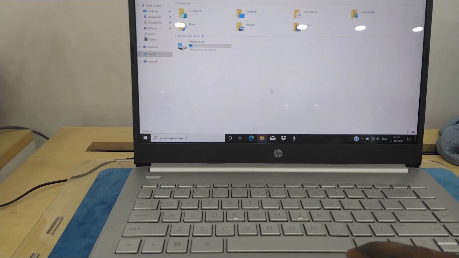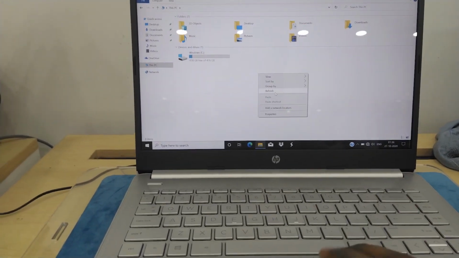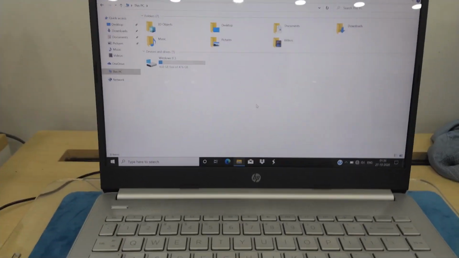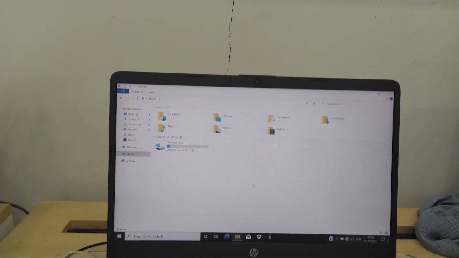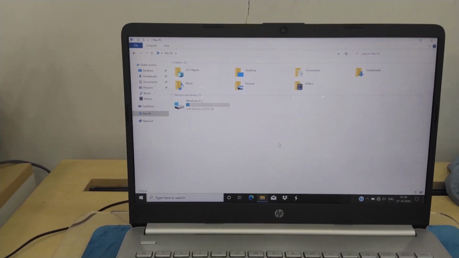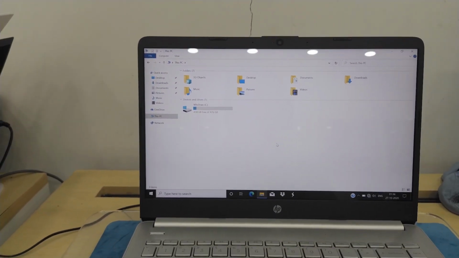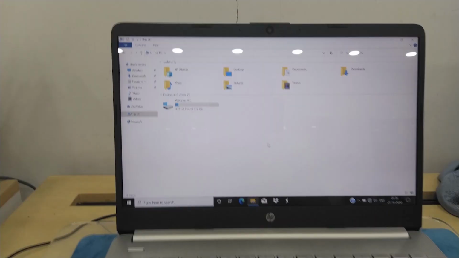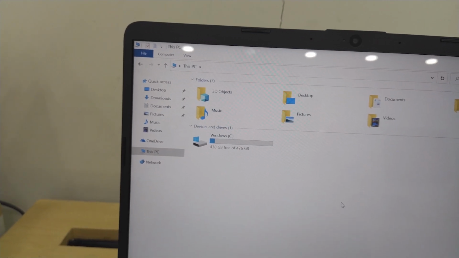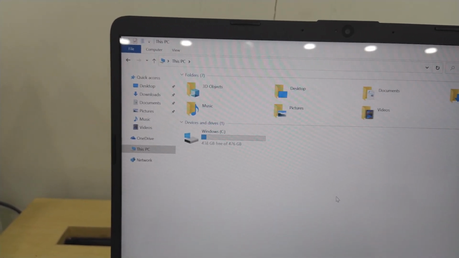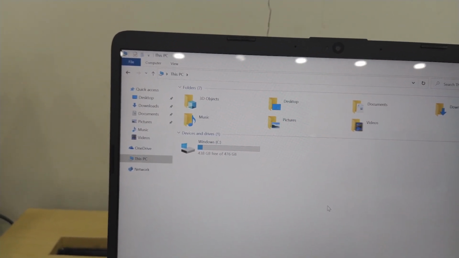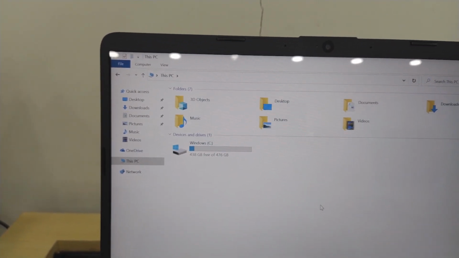And moreover, the third disadvantage is the upgradation of storage, guys. Storage upgradation. This comes with only 512 GB of SSD, as you know. Can you see here, in that 512 GB you get 476 GB of storage, and 438 is free.